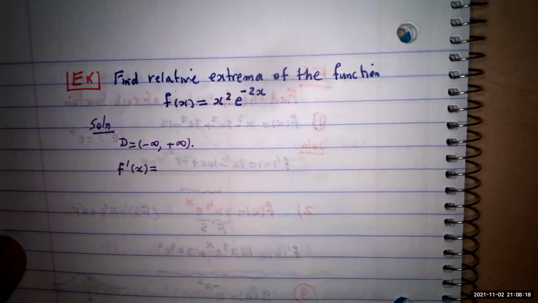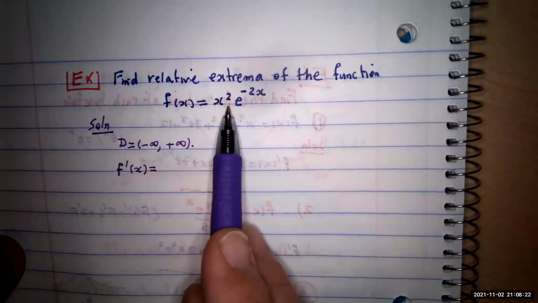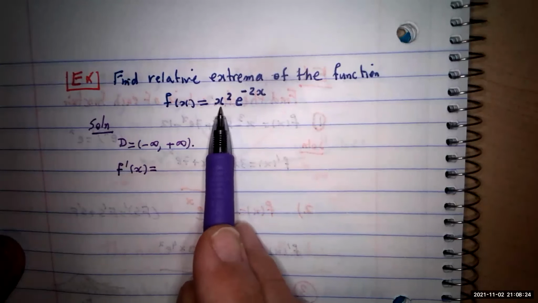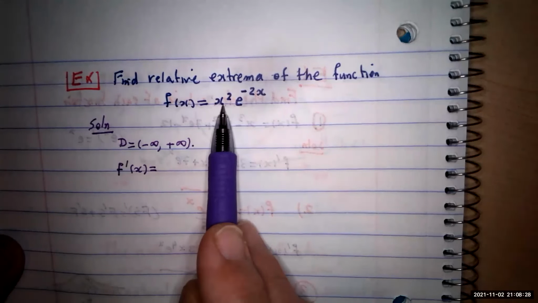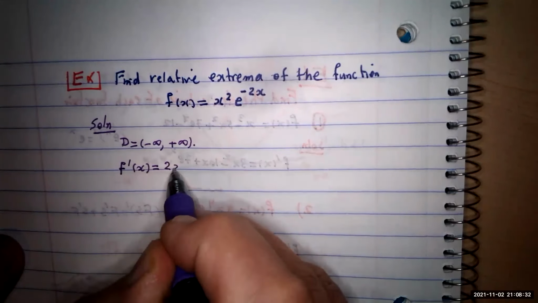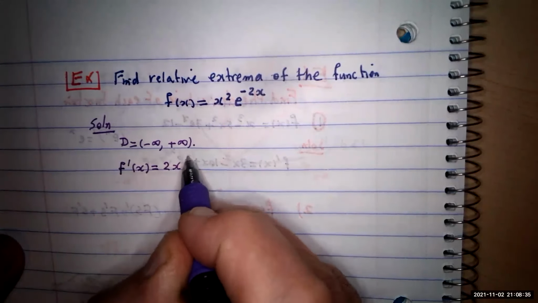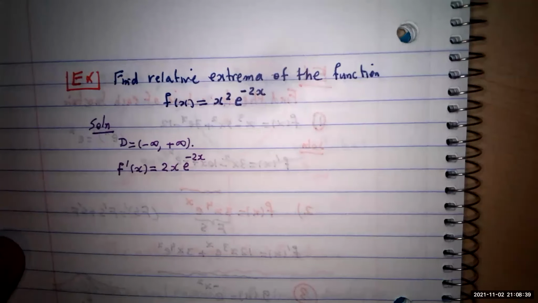For the f prime, again, it's a product of two functions. The first function is x squared. The second function is the e function. So the derivative of the first is easy: the derivative of x squared is 2x, times the second one, e to the negative 2x. Done. That's the derivative of the first times the second, plus